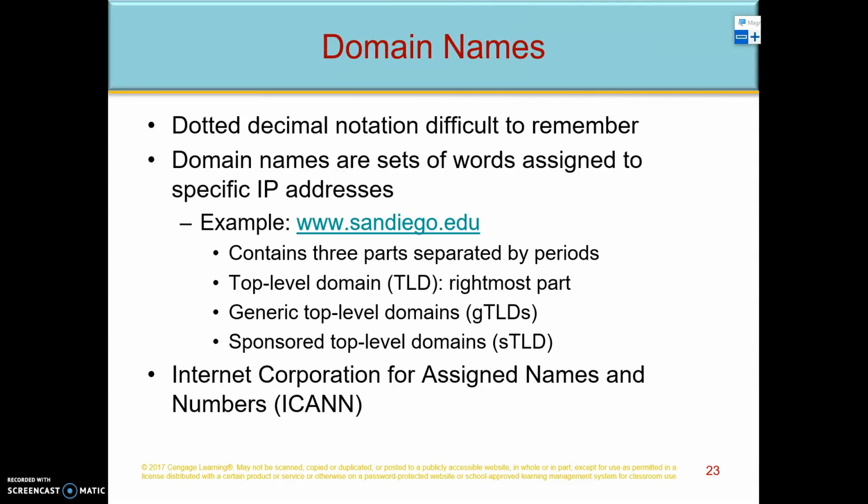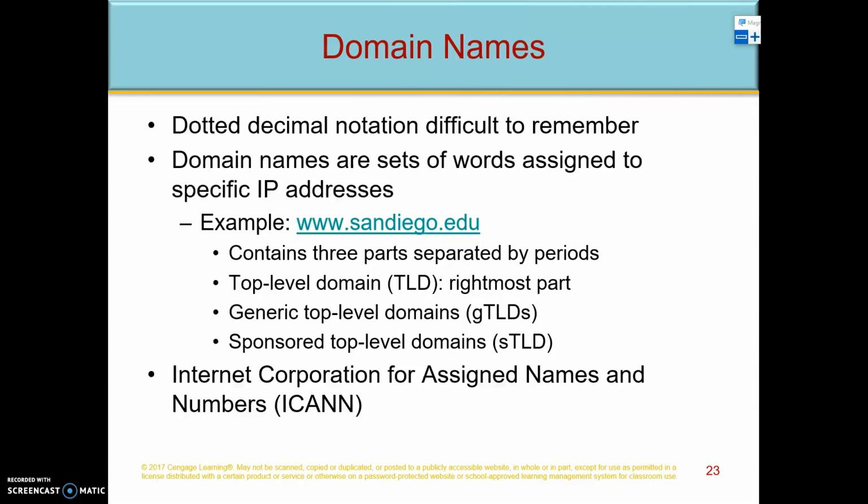And the domain name, again, this is an example they give, www.sandiego.edu. The www part is the protocol, so that's World Wide Web. You could have one that says HTTP, which is Hypertext Transfer Protocol, or you could have HTTPS, which is Hypertext Transfer Protocol Secure.